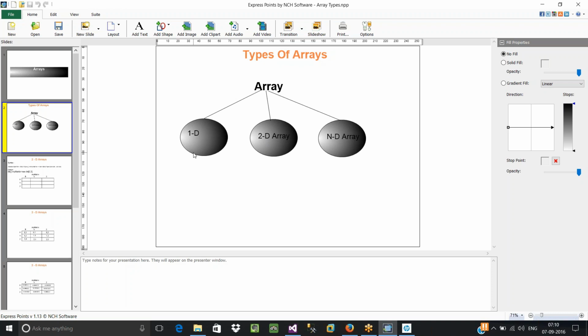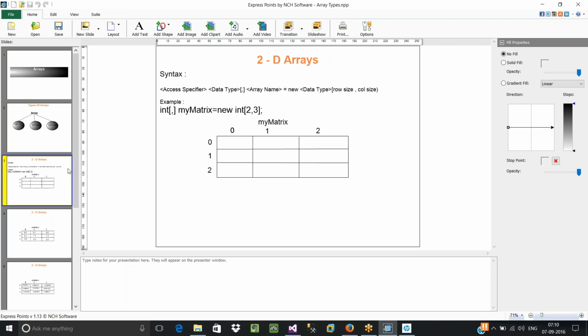So we have already seen the first one, that is the one-dimensional array. In the case of a one-dimensional array, first you need to define your array and specify the size of your array, like how many locations are to be created inside your common location. So the simple basic array is called a one-dimensional array. Let's move towards the next concept, that is 2D, two-dimensional array.